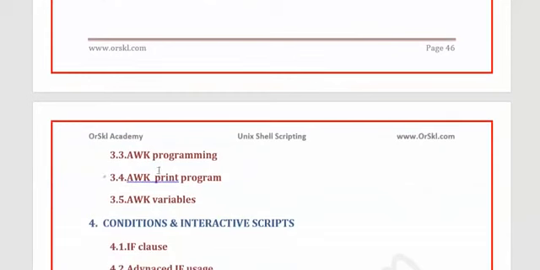So that's it. In the next session, we are going to cover awk programming completely. awk is also very similar to sed. It is also used to search for something in a file, but the way awk works is completely different from the way sed or anything else works. So we are also going to discuss in detail what the difference is and where awk fits in for your requirements.